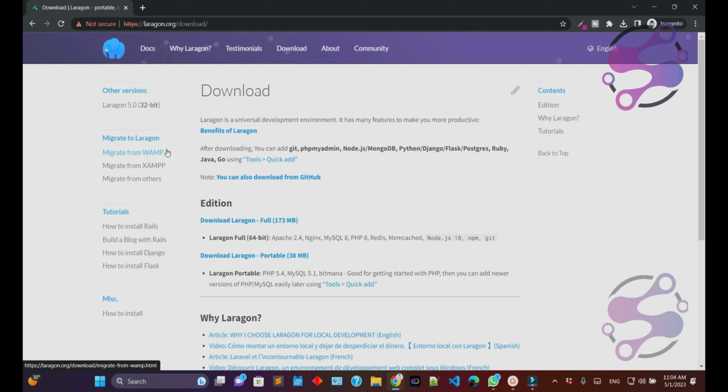Just click on the download button, and here, as you can see, you have the Laragon full version, 173 MB, Laragon full 64-bit with Apache 2.4, and these are the things available in Laragon. So how can you check